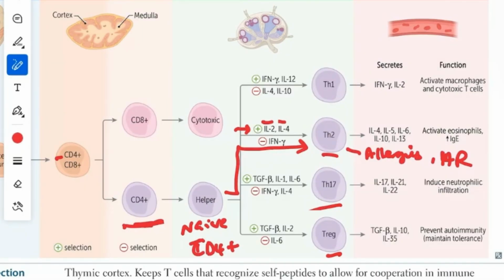Th1 is more important in infections like viral infections, tuberculosis, or tumors and cancers, because cytotoxic T cells can be activated. Th2 is much more relevant for allergies, hypersensitivity reactions, and parasitic